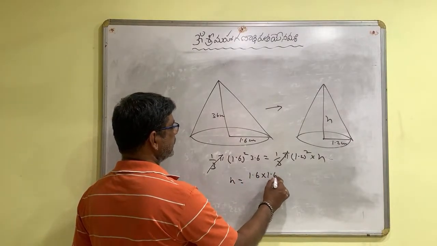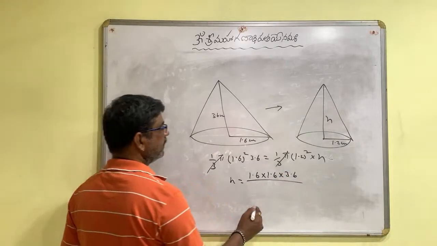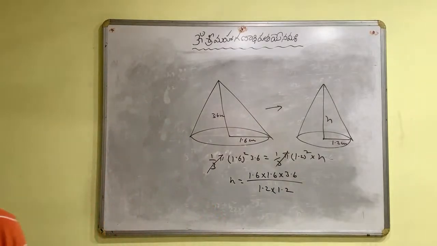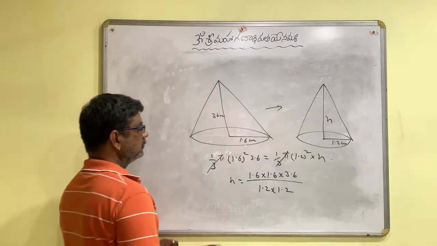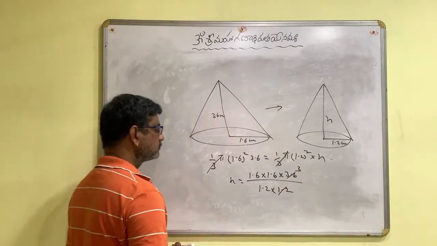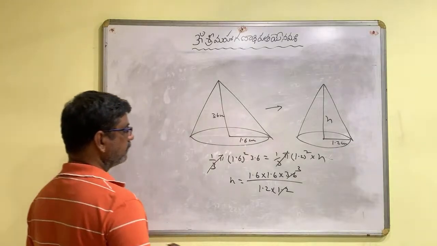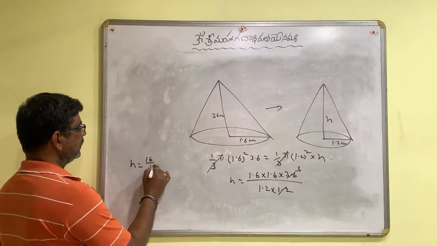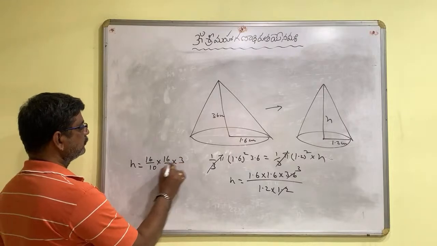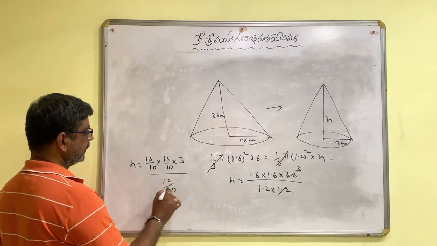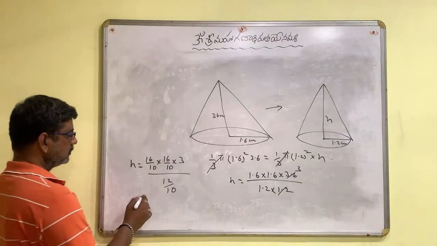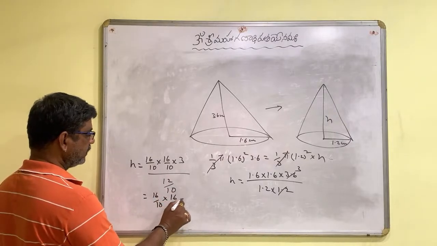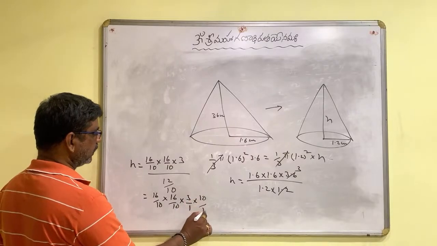1.6 into 1.6 into 3.6 by 1.2 into 1.2. So this one goes with 3 times. Now h is equal to 16 by 10 into 16 by 10 into 3 by 12 by 10. If you see further simplification, 16 by 10 into 16 by 10 into 3 by 1 into 10 by 12